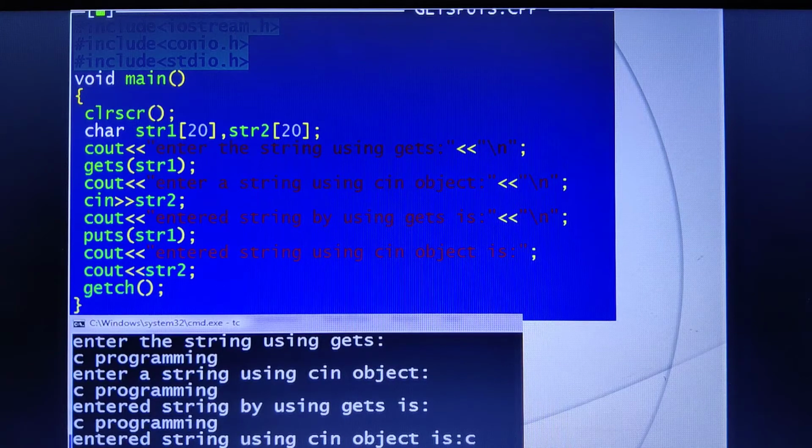The getchar helps you read a single character from the standard input, that is the keyboard, and it doesn't take any parameter, whereas putchar takes only one parameter, which is the character to be sent to the standard output device, that is the monitor. If you write the same thing that is in the description, that will be considered as the difference. I hope you are able to understand.